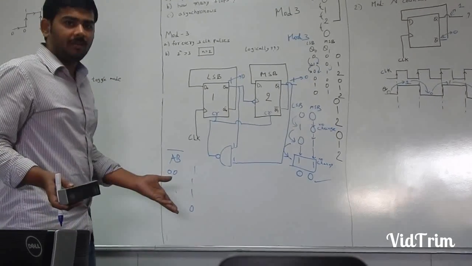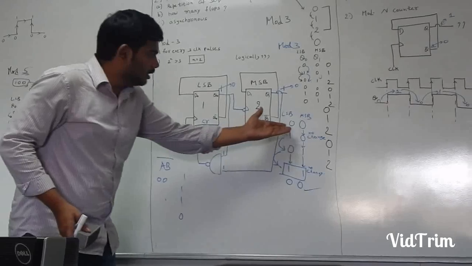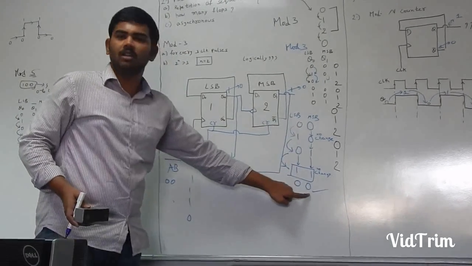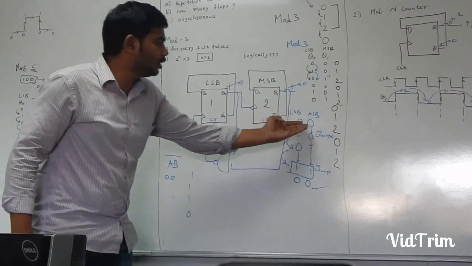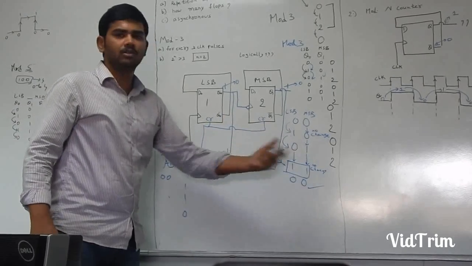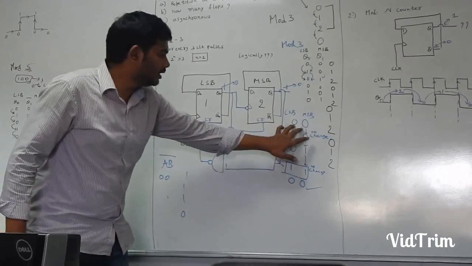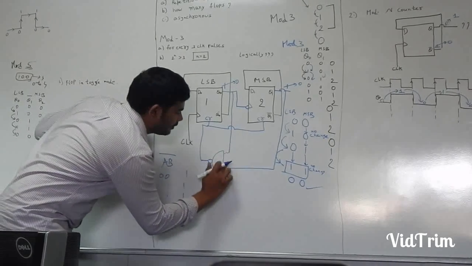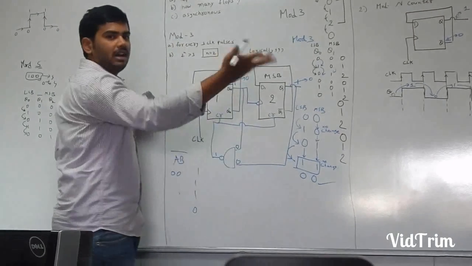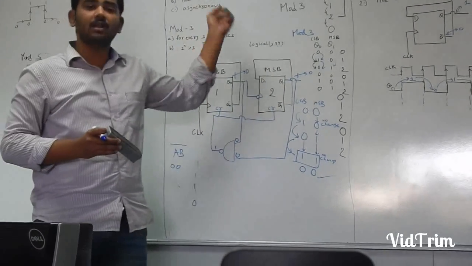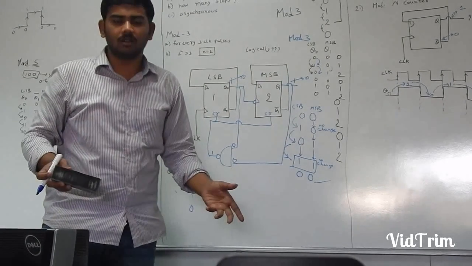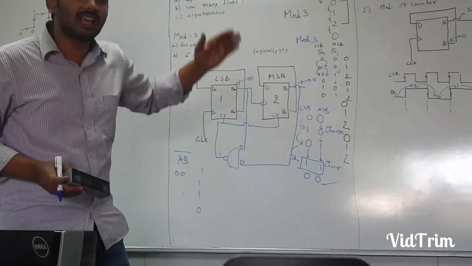To my surprise, what is happening actually and what do we need? See, for 0 0, it should go to the next state, and at 1 1 only it should be cleared. But what is happening? At 0 0 itself, it is sent here and cleared again, so the next state would be 0 0 only. Because if I send 0 0 to the NAND gate, the output is 1 and they are cleared again. They are not running to the next state. Our requirement is that after n minus 1 states, meaning after 2 only, the next state should be cleared, so that after n clock pulses, the sequence repeats.